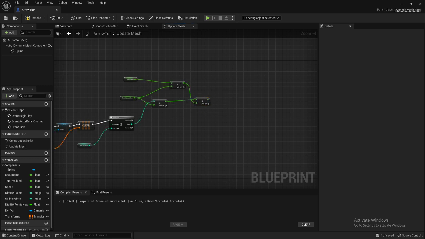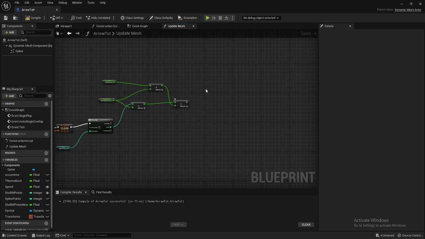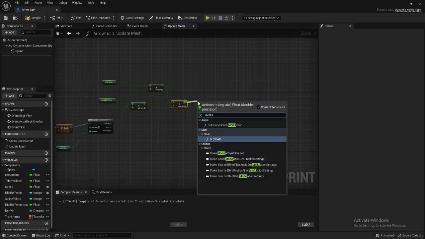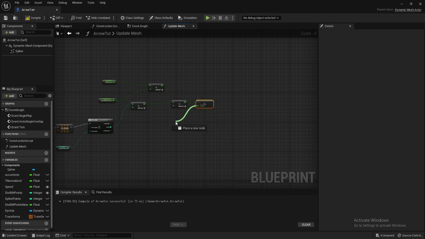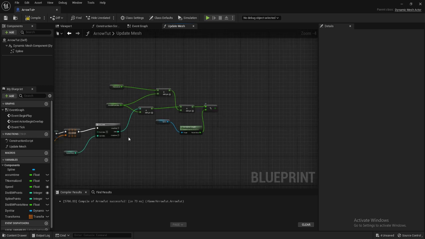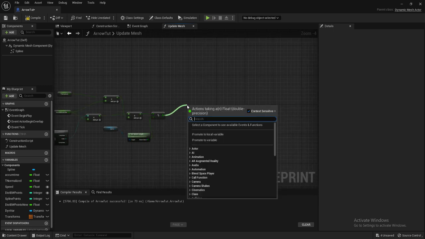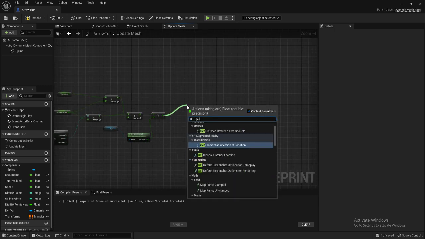And then the last thing we need to do as well is this point here could be a distance that's greater than the spline length. So we need to wrap this by the spline length, which we can use modulo again. So use it as a wrapping, get the spline length of that spline, and just wrap it by that. And then we're done for our distance. So this is the distance we're going to use for each of the splines as we go through this for loop. And we want to now use this to sample the spline so we can get a transform